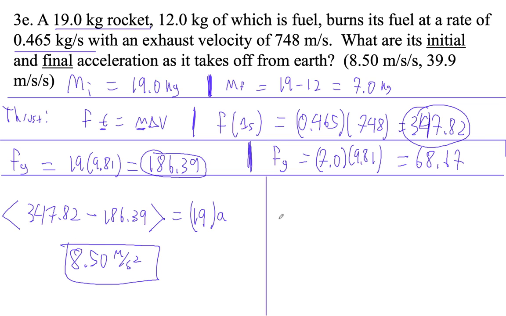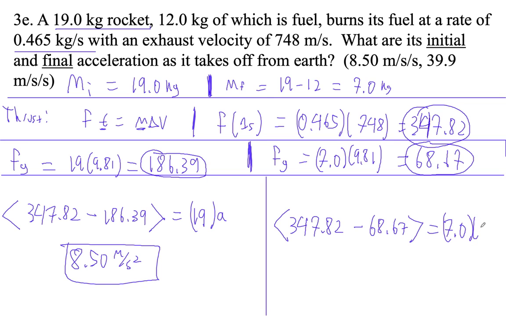Now at the end, there's still the same thrust, so 347.82, but the force of gravity is much less because there's less mass, right? So minus 68.67. And then there's less inertia too, right? So 7.0 is our inertial term there, or inertial factor. And then a is what we don't know. So 347.82 minus 68.67, divided by 7 is 39.87, so 39.9